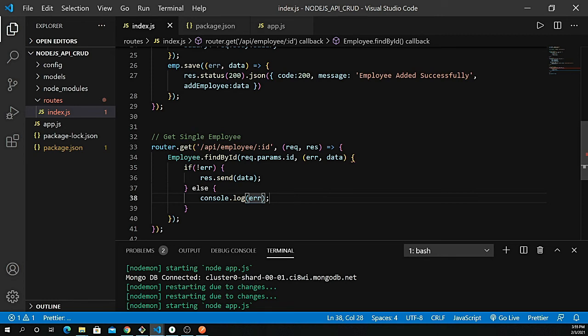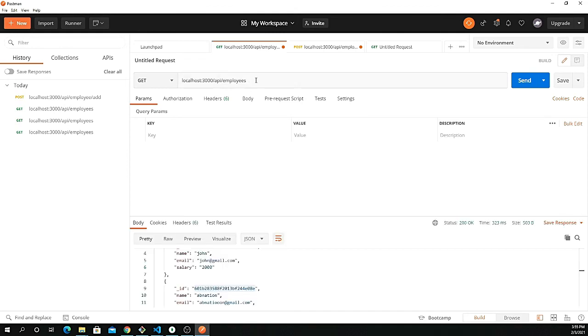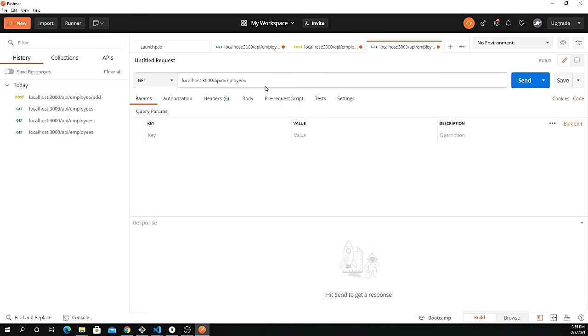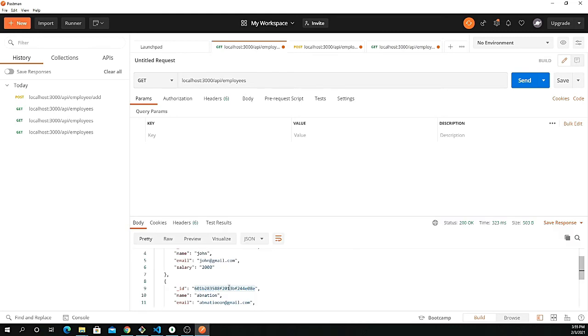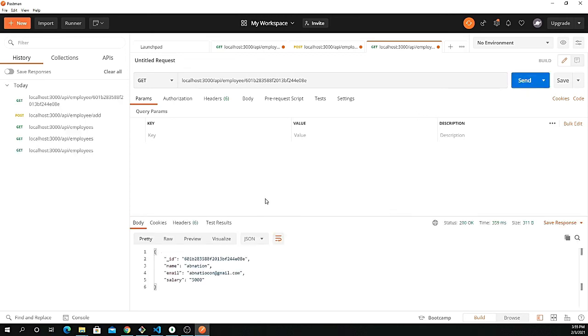Okay, so let's have a look and see. Now I'm just getting an error just because I forgot to bring that arrow function, right? Okay, so save it, and if I go back to my Postman and let's make a request. So I want to copy that, which is very much identical to that. I just need to pass the ID, and I need to make this singular. Remove the s and slash. Now I need to pass the ID. So let's grab this ID. So I'm going to copy that,